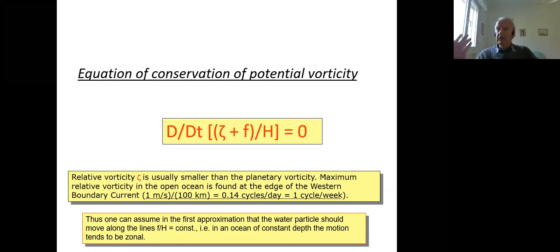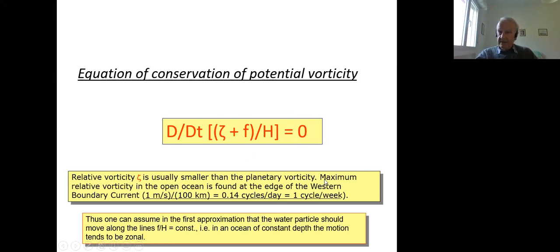So we are an order of magnitude larger in relative vorticity, and this is on the order of f. So we have to take this into consideration. We cannot neglect this with respect to that one. Thus, one can assume in the first approximation,